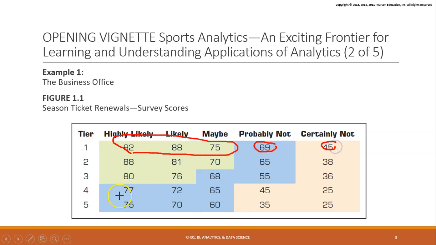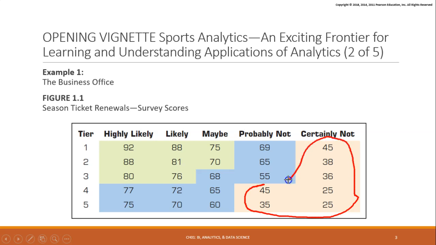here we can see that there are 2 degrees of what is going to make people's minds up, or at least a relationship as to whether they will or will not buy tickets. So most likely if they're in the lower tier, or they actually voice some kind of dislike of some type, these people are definitely not going to buy tickets. So if you're marketing, maybe these are the people that you market to, so that way we can shift them into one of the blue or the green categories, so that way they will definitely buy season tickets. So this is one way that analytics has been used in sports.